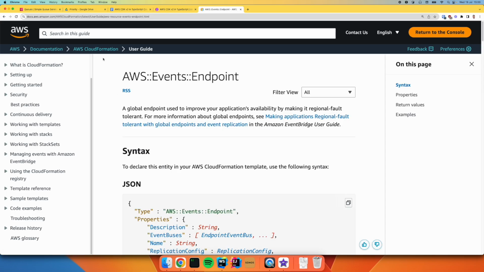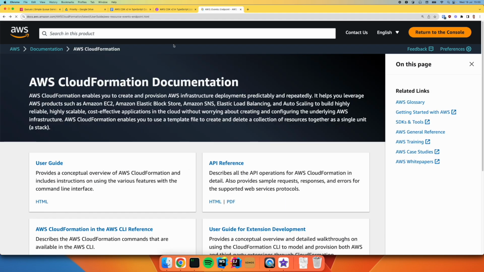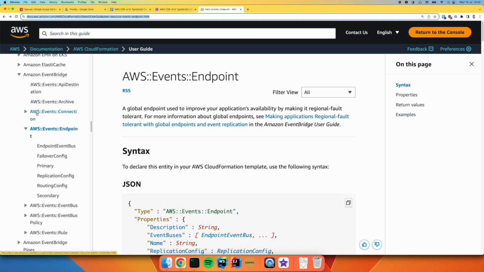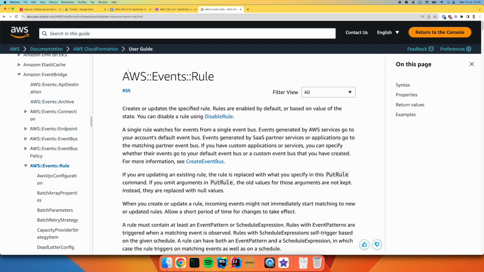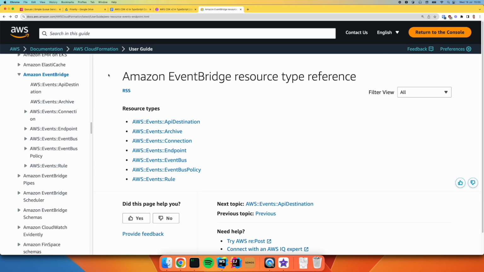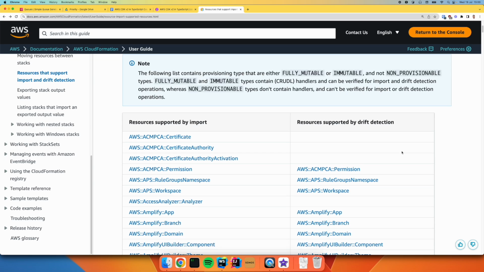And if we click into one of these and we pop up to the level above it, I'll tell you what, let's go back to the, oh, here we go, here's the proper menu. Yeah, if we go to EventBridge, you can see that a rule does exist, but that this wasn't listed as something that we could import and wasn't listed as something we could do drift detection on back on the documentation page here. So it's just something to bear in mind that drift detection isn't perfect, not everything's covered,